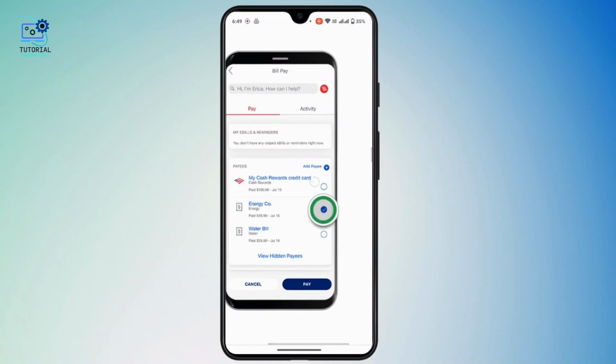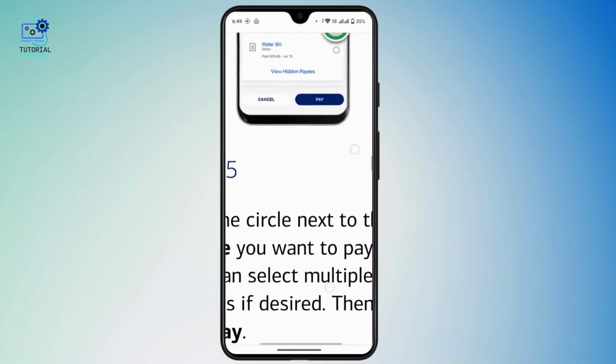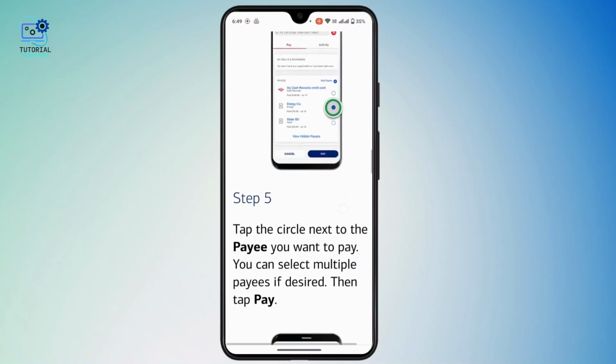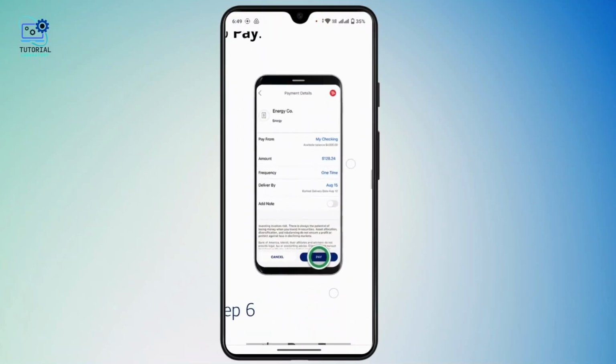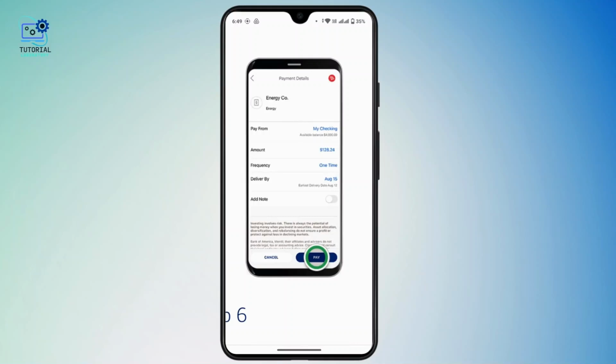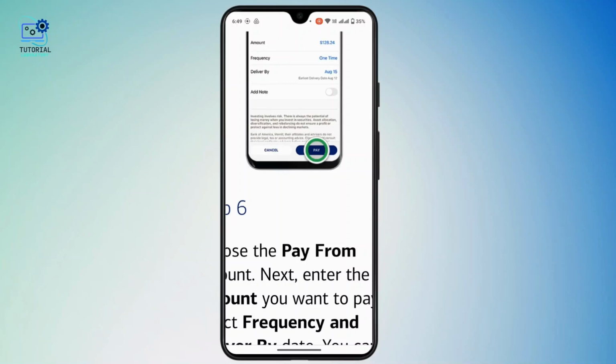Here, now you have to select your payee. Select one of your preferred payees from here, and once you do that, tap on Pay at the bottom right corner. Once you land here, from here you can schedule your payment. You can add your deliver by date, and once you're done with that, tap on Pay at the bottom right